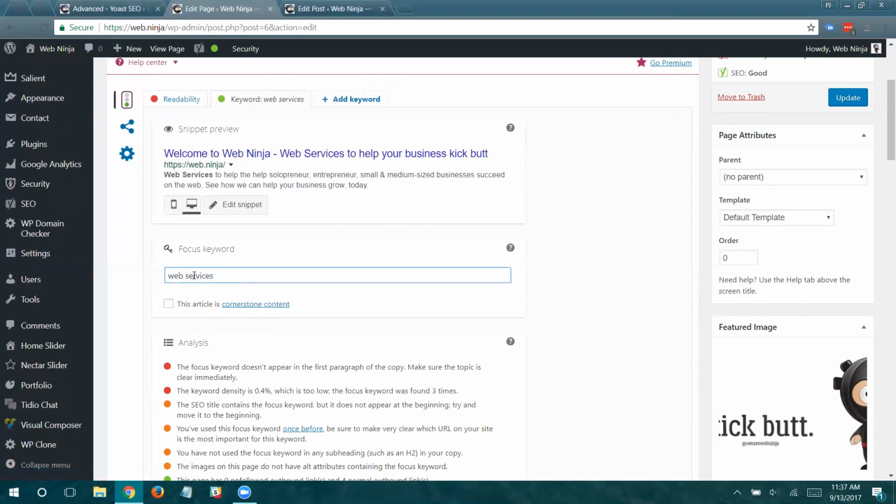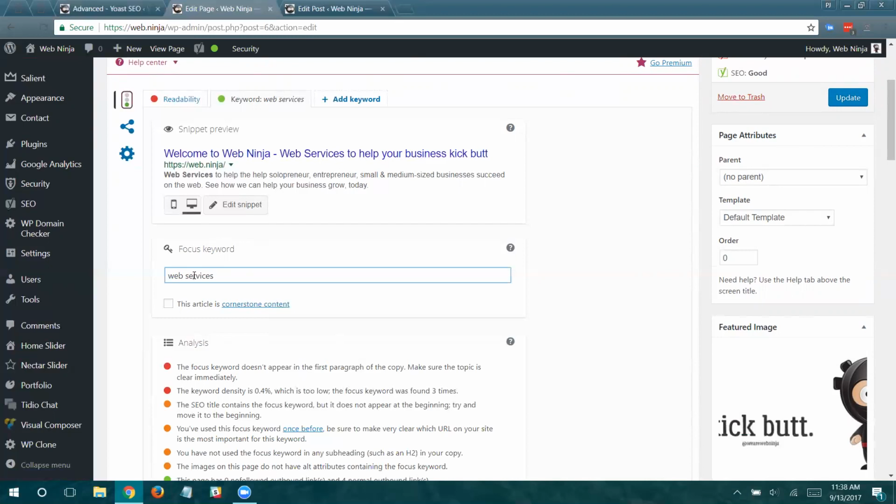Web Ninja, there's not a lot of people searching for that, honestly. So it's going to be easy for me to rank for that because it is the URL of my site. But I want to do a focus keyword that's something a little different, which is going to be what my site is about. My site's not about Web Ninjas, that's my brand. My site is about web services.